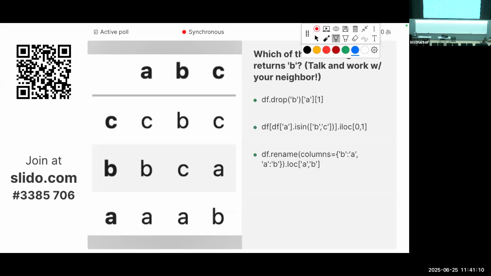Okay, give this one a go. I'm going to give you a couple minutes. This is a tough one. This is a new Slido. Again, is this something we would give you on an exam? Probably not. This is not a very productive data science style learning question. The goal here is for you to really play around with some of the techniques we just talked about. So feel free, talk with your neighbor, think about this. Again, the demo has this implemented if you want to play around with it.